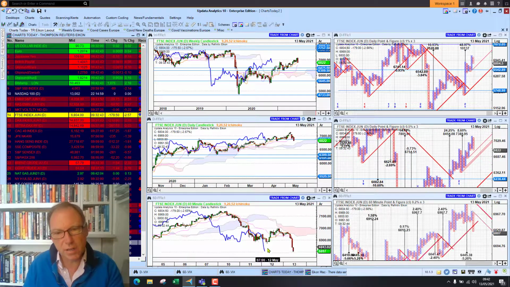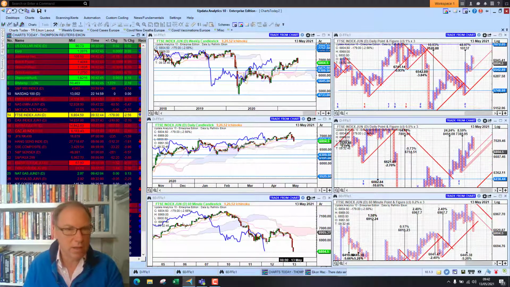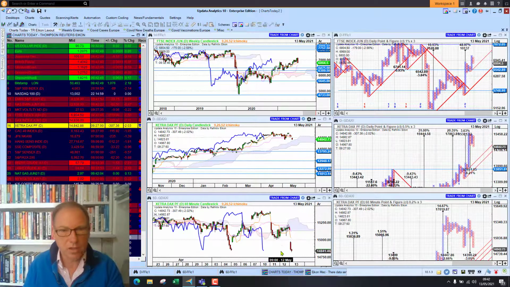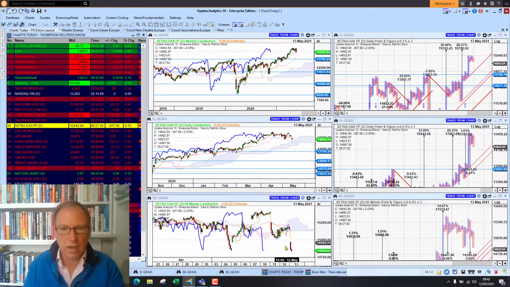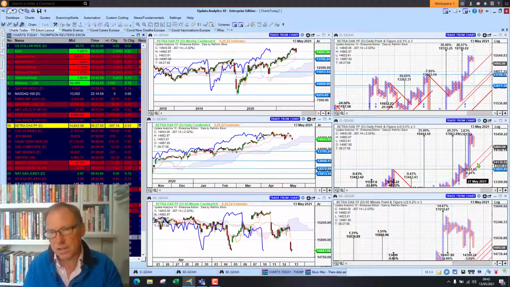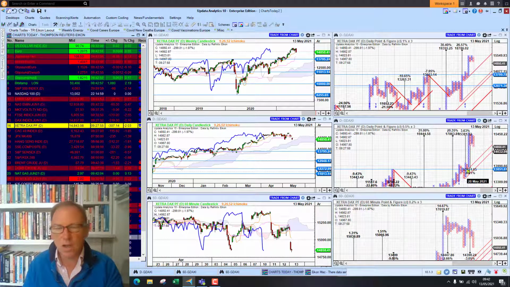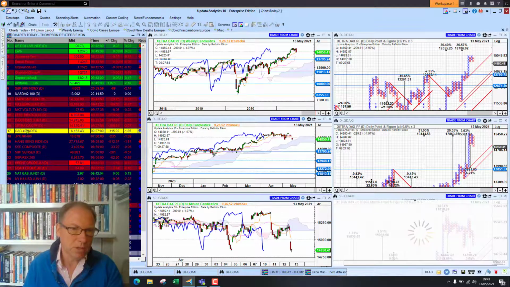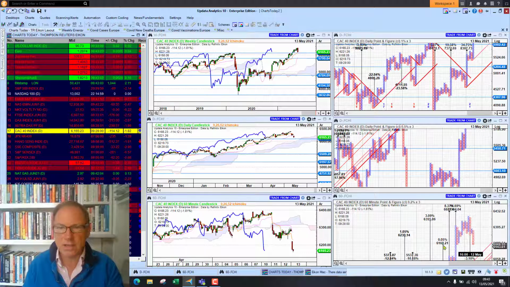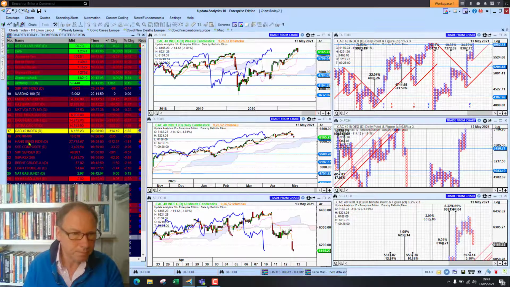The FTSE future down 2.5% this morning. That tanking away there. And if we look at the DAX in Germany, we're down 2% on the future and on the market. So looking worrying there on the short-term chart. 3% is the downside target there, 6% on the medium-term chart. And if we look at the CAC Quarante, that's down just under 2%, a 3% downside potential there as well.